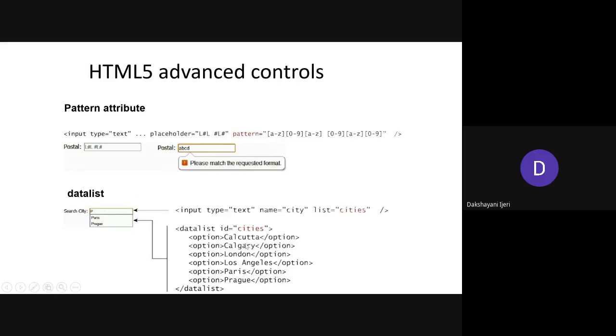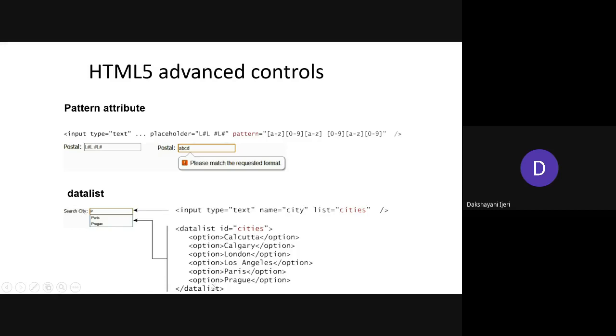So when you have more options to be provided as content to be selected by the user, you can go for using the datalist, the name of the element being datalist, and the attribute that you need to use for this element is the id, which should have one value. Any string value of your choice you can use for the id, right? Here the user clicks over here, or if he types a single letter, it is going to show you all the options that you have created using the option element.